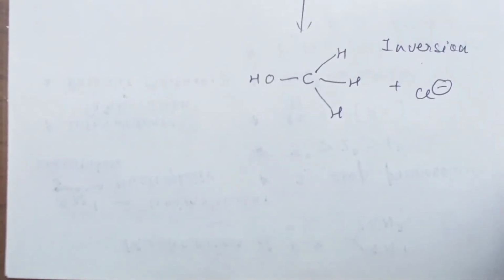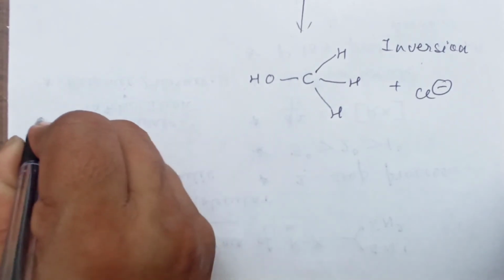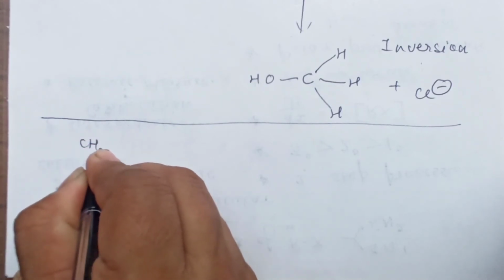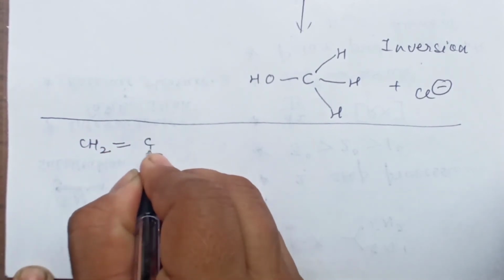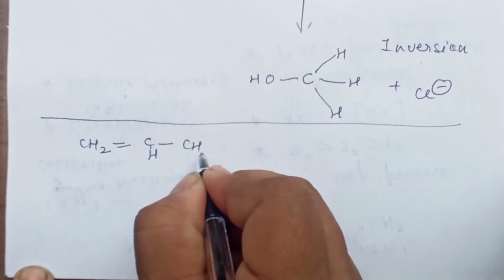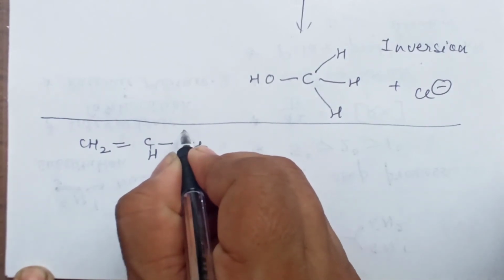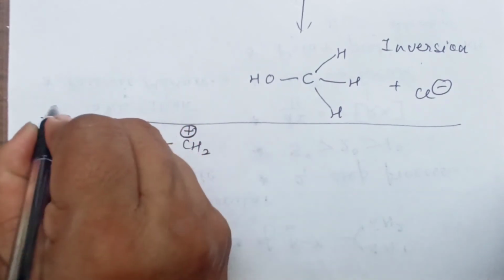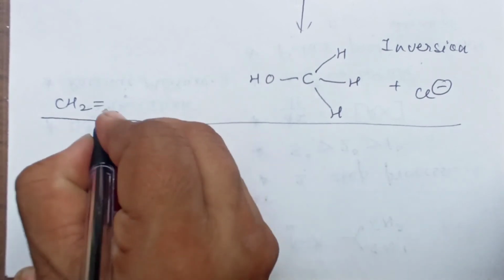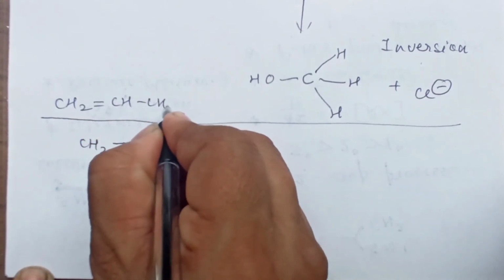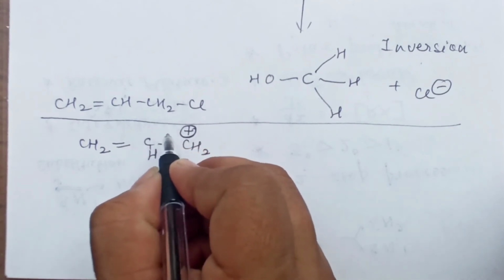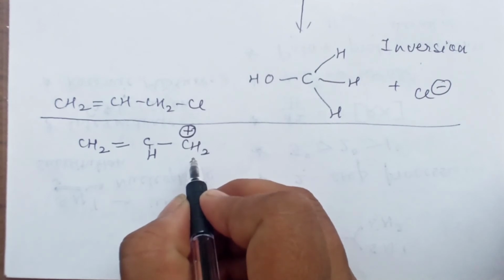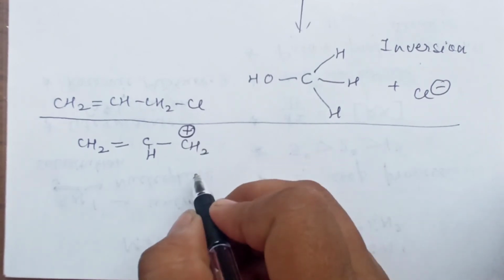Now we will take a few examples where we can draw a line over here. We can take these two examples, say CH2 double bond CH, you have here say allyl chloride. The question is asked like that. If I write allyl chloride, children, it is like this: CH2=CH-CH2Cl. Okay, it is primary. So primary means it should be undergoing SN2 mechanism, but it is following SN1 mechanism.